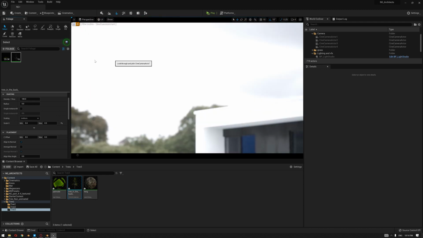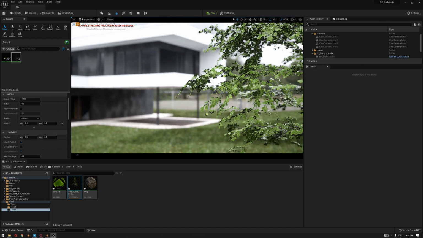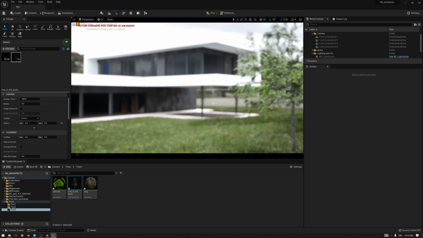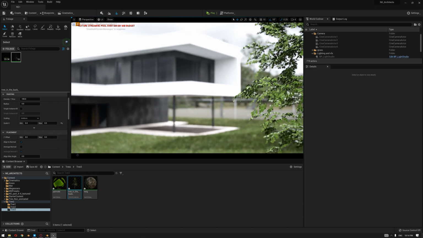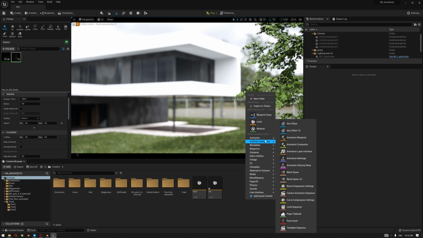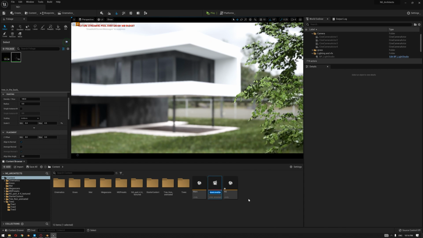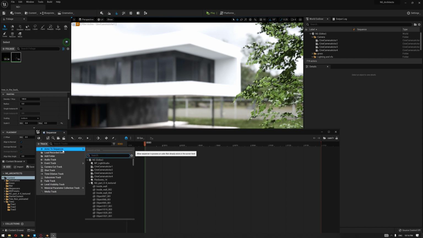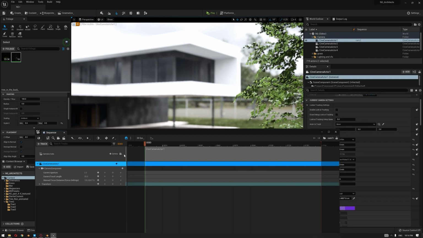Let's move to camera 1 for example. Then we can create, for example, a small animation using the animation sequence. For example, if we go to here, right click, animation, level sequence, cam 1 for example, and then add a track, for example, go camera 1,